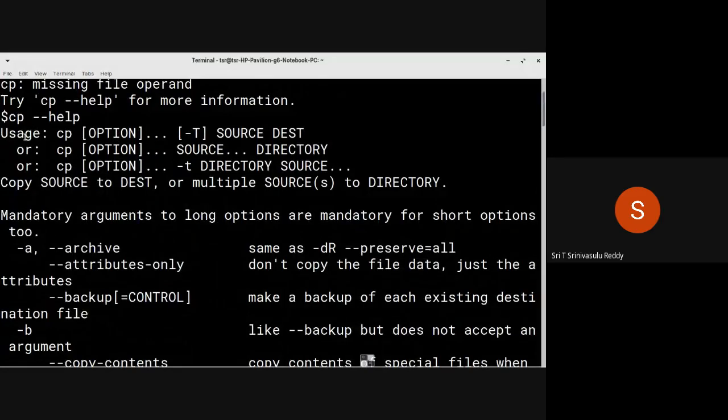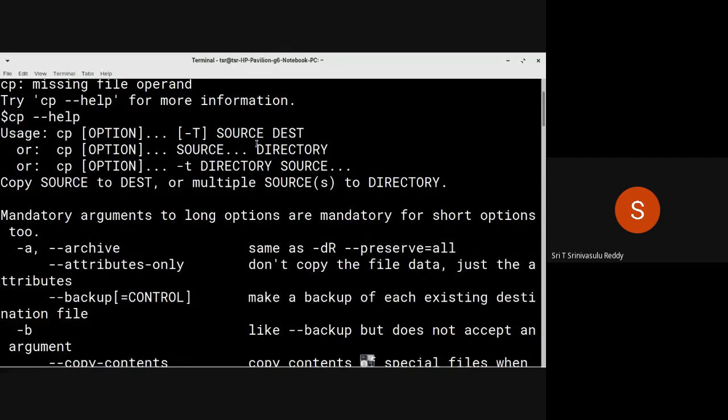Okay, so this is the syntax of the usage. Usage, as you can see: cp and then options, these are optional. Anything that is put is in there. Minus T also is optional. Then source and destination. cp is followed by the source file name and the destination file. What it will do is read the data from this particular file, copy that entire thing, and write it into this particular file.